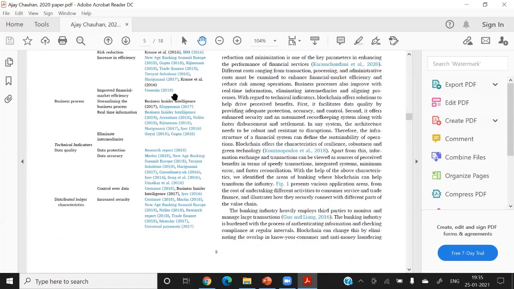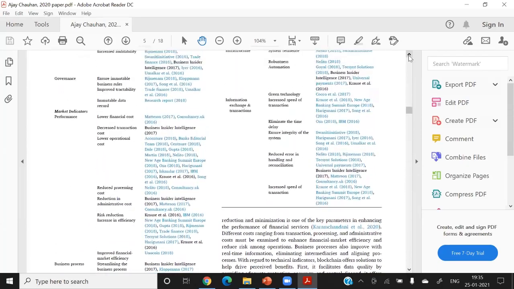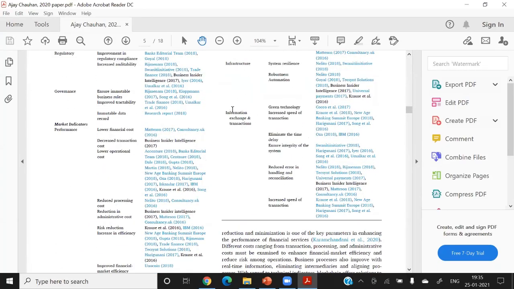So in the papers or in the thesis, you have to extract the construct from the literature review, and you have to show like this: this is my construct. This construct is measured by these items, and these items we took from these papers. So these three columns you can see in most of the papers: constructs, items, and the different references. Okay. So the first source of constructs is basically the literature review.